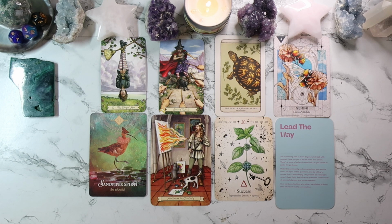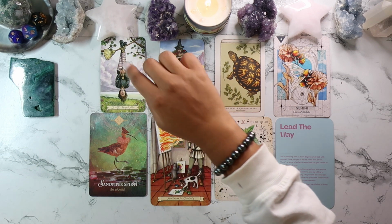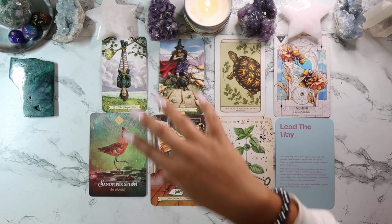Okay, so pile two. Let's start off with the tarot cards. So we have the Hanged Man, and then we have the Seven of Wands. So the Hanged Man, in terms of the question, how can I manifest more money? The Hanged Man talks about a surrender and shift in perspective, right? So this card probably suggests that in order for you to manifest more money, you need to let go of old beliefs or approaches regarding your finances, right? So this card is really encouraging you to look at your financial situation from a new angle or a new perspective, right? Like he's hanging in a different perspective, and he is just trying to see,